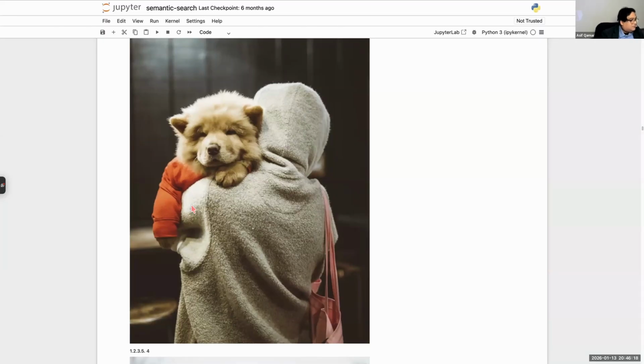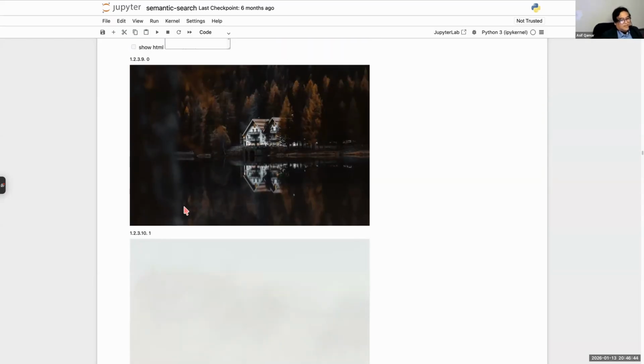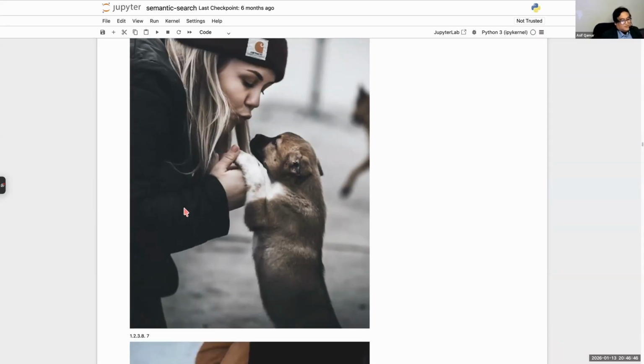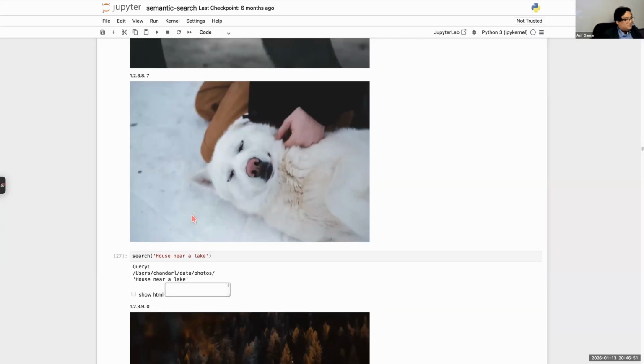They truly understand what that phrase, to love a dog, means. And they truly understand what this image is saying, right? It is not just breaking it up into parts: dog, shoulder of person. It is going deeper, right? That's the power that you should be aware of. Likewise, look at all of these images. Do I need to go further? Then another prompt. By the way, when you do this, this Jupyter notebook, play with it, guys. Give your own prompts. Change it to whatever you want.